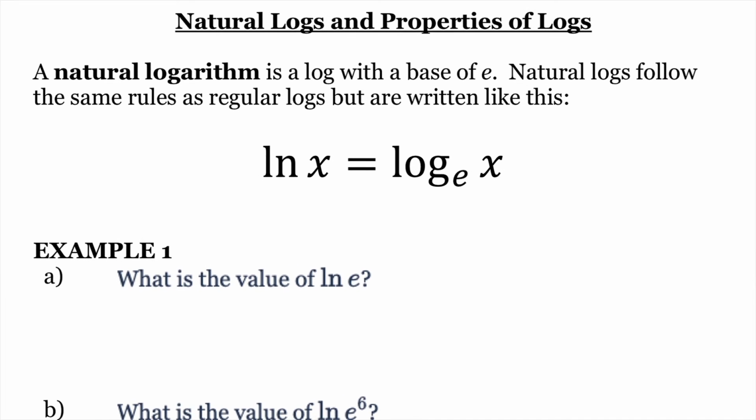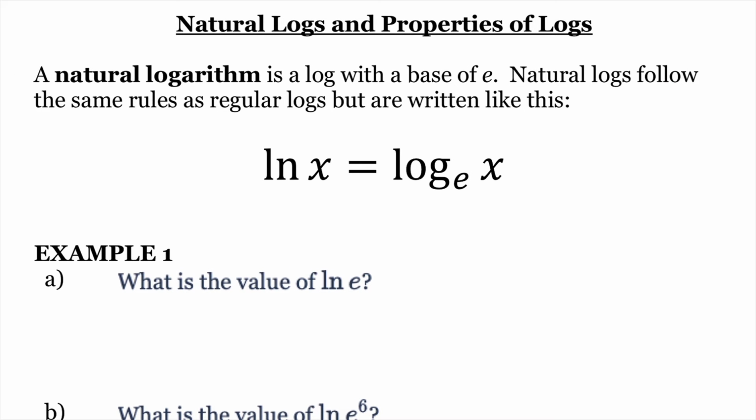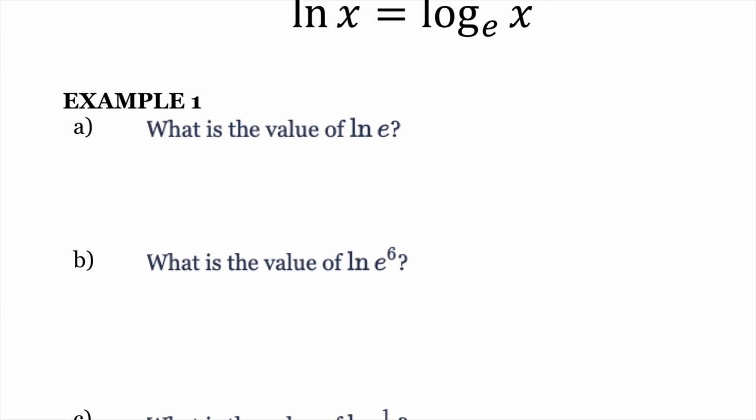So it follows the same rules as regular logs. It still has the same parts. It still has a base. It still has an answer. It still has an exponent. It can be changed to an exponent. The only difference is they leave out some parts. Instead of saying log with a base of e, they just say natural log. So when you're doing, for example, number one,